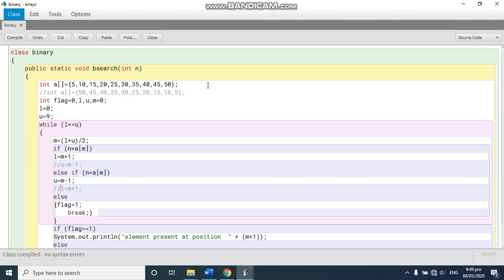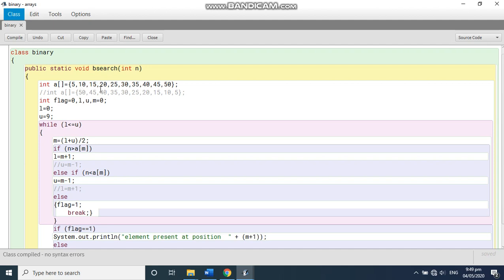One rule for binary search is that all the numbers should be in ascending or descending order. So this is a line of ascending order. Again, we have to take a flag value. Now L and U. L is the lower limit, and U is going to be the upper limit index number. And the middle number is somewhere going to be 0, because binary means what? It's going to divide these 10 elements into half and then check it in the first half or in the second half.